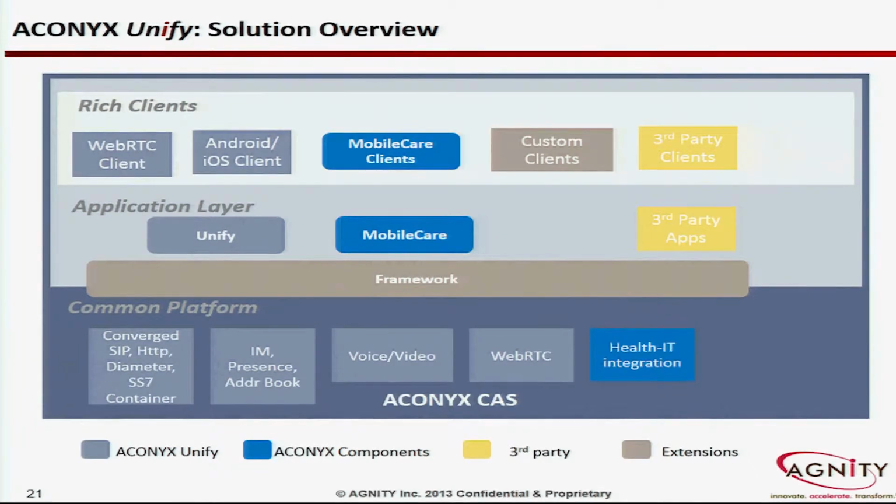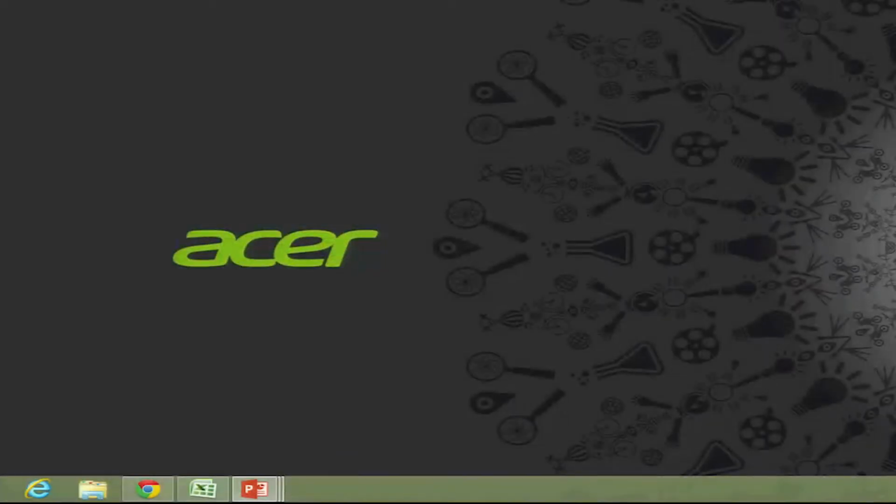Plus, we provide a healthcare vertical application that lets you do in-context collaboration for doctors who want to interact with their staff, as well as do things like telemedicine. So we'll look at a demonstration of both of these capabilities. We'll see two different user stories. The first user story is,